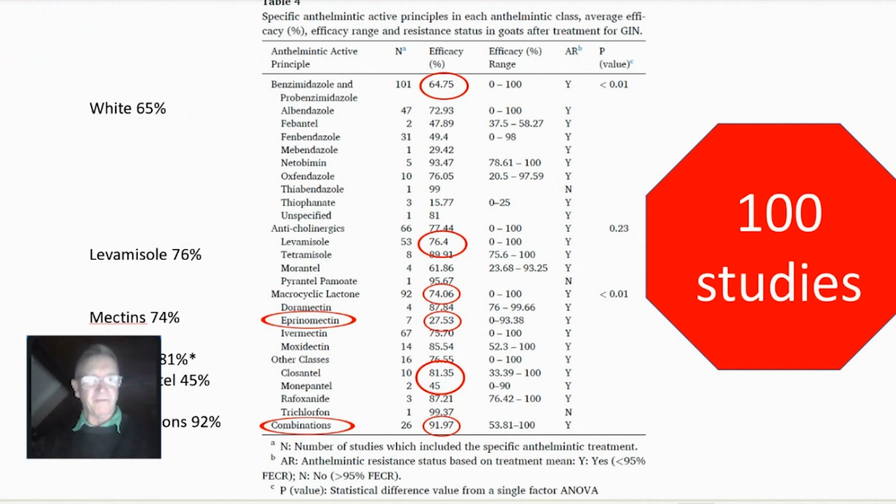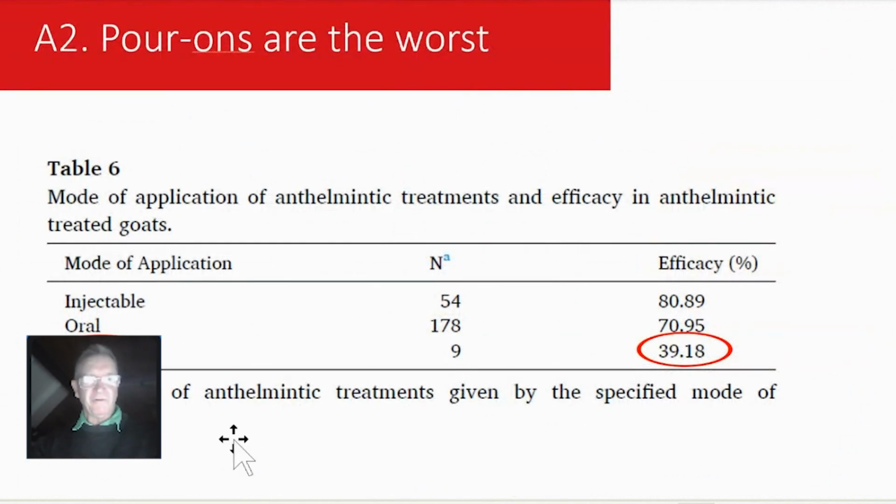Now, there's lots of different combinations, and some of them may work, but the single-active drenches in general tend not to work very well. The other thing we have to always remember is that even though there have been pour-on drenches registered for goats in other countries, particularly in France where it was needed for dairy goats, they don't work anymore. And the trials that have been done both in Australia, University of New England, and overseas now show that